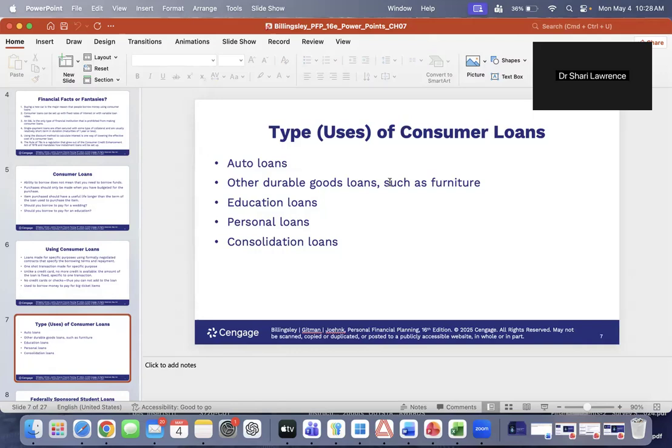Education loans, student loans, are also a form of consumer loans. Now, I just want to talk briefly about student loans. They go into a lot of detail on the slides and in the chapter, but you don't really need to know all those details. The main takeaway with student loans is that it's good debt. Don't worry if you are getting out of college with some student debt, or if you want to go to grad school and need to take out student loans, because it's considered good debt. Why is that? Because you're investing in yourself.